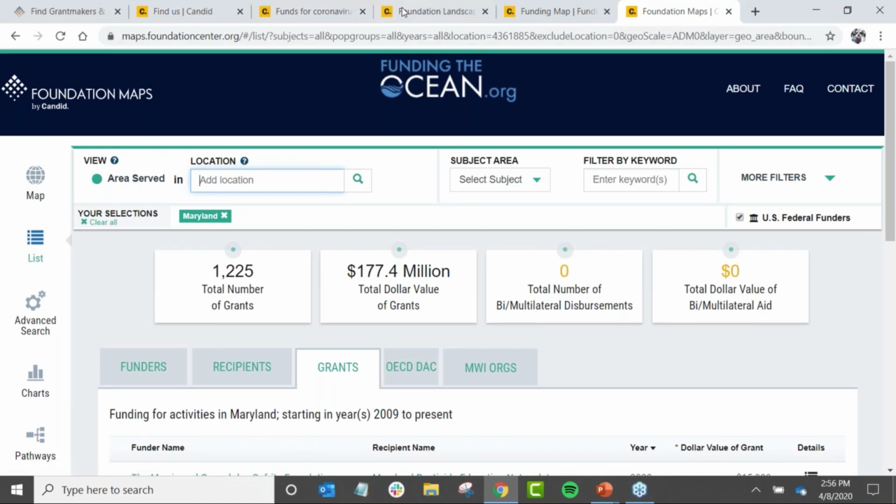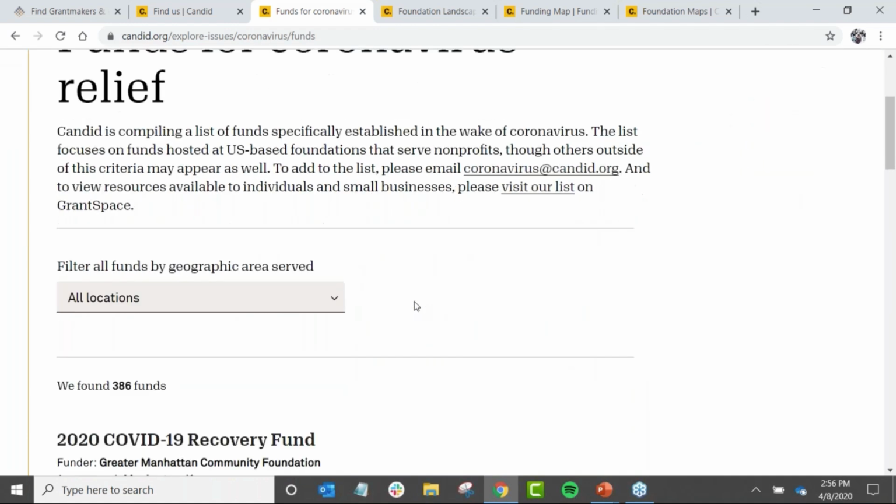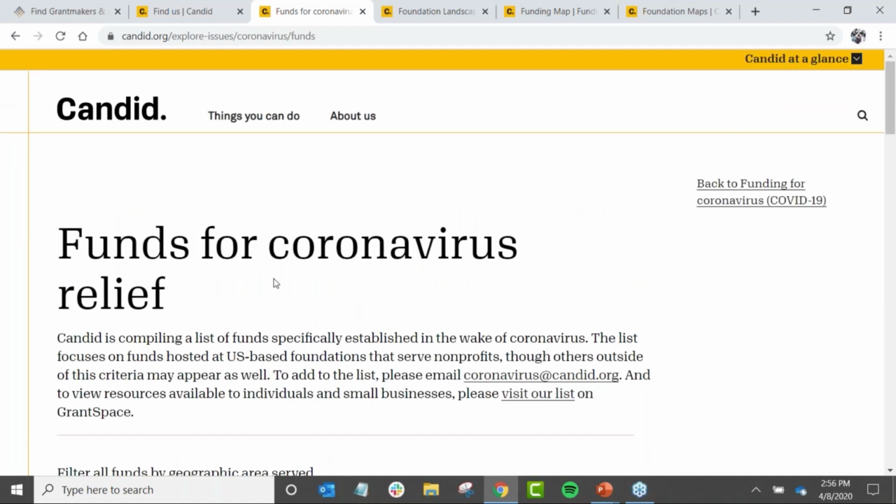So just highlighting that briefly, and also a particular location that you have here are funds for coronavirus relief. This is a landscape that we have created, or a website that we specifically created based on our current moments, and know that you can also research further there. But without further ado,